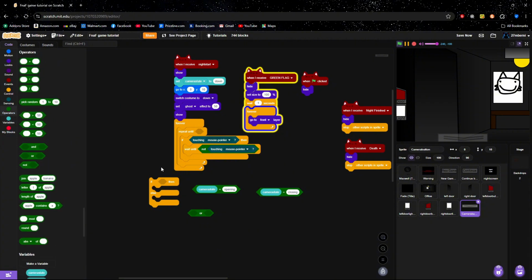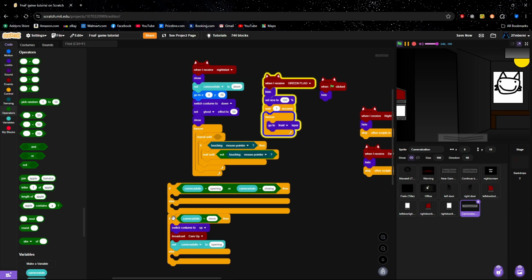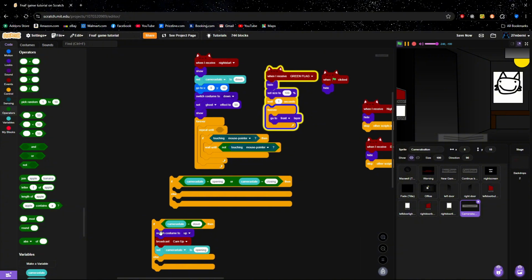Once we have both of these, make sure to grab an OR operator, and then take this one, put it inside the very first OR, and then take this one and put it inside the second OR. So you should have an operator looking like this. And then attach this to the if then else block. Then we are going to create